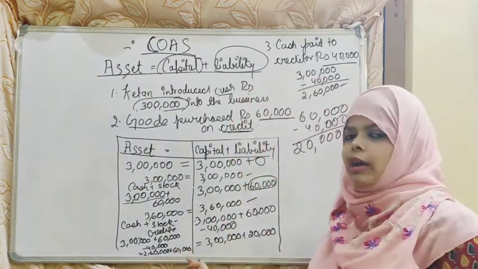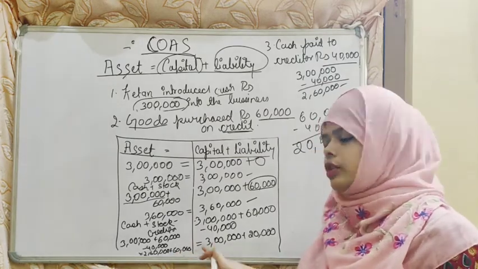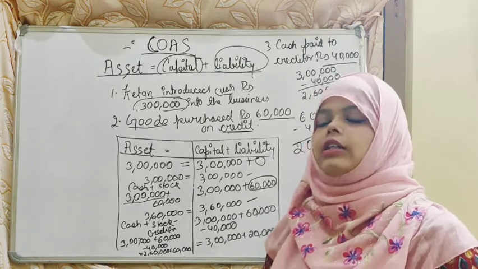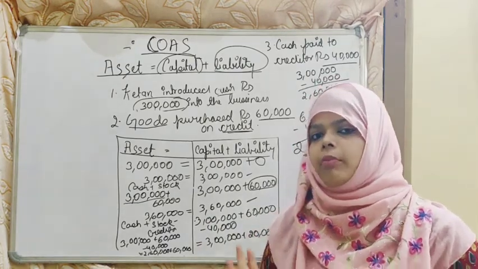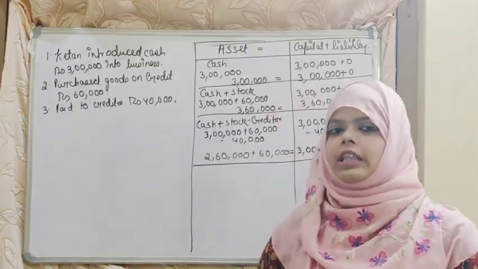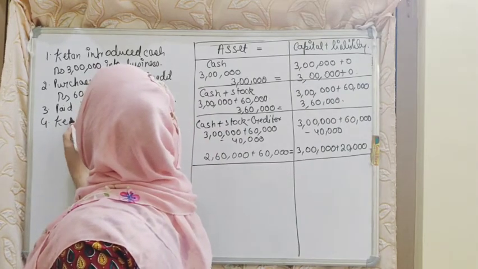Here and here the amount is same. 2,60,000 plus 60,000 is equal to 3,20,000. 3 lakh plus 20,000 is equal to 3,20,000. The accounting equation of both sides will always be same. Next transaction, that is Ketan